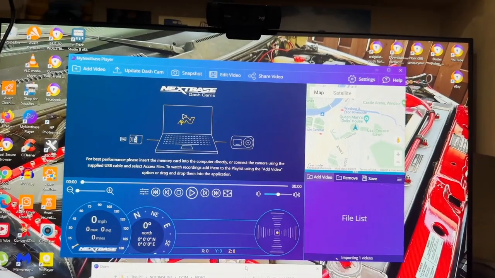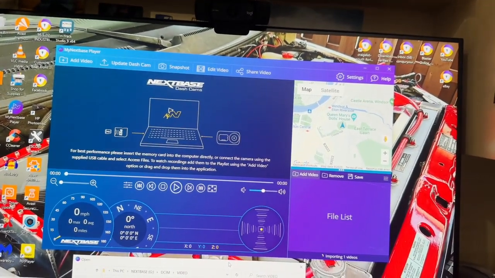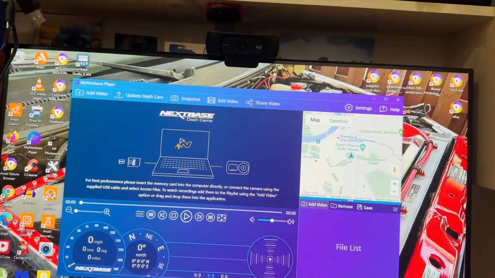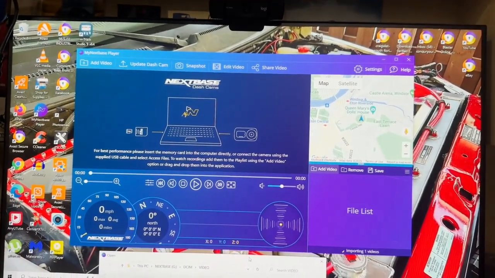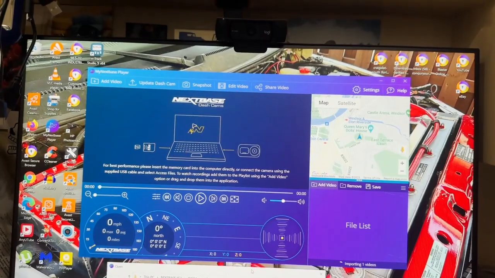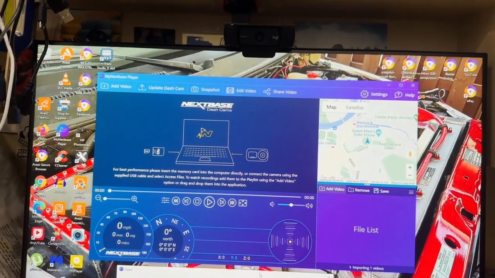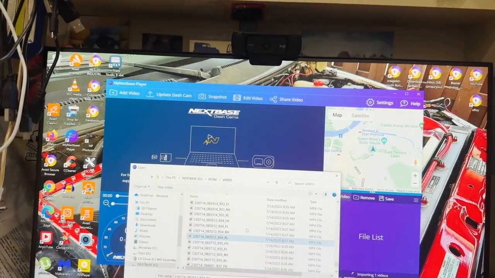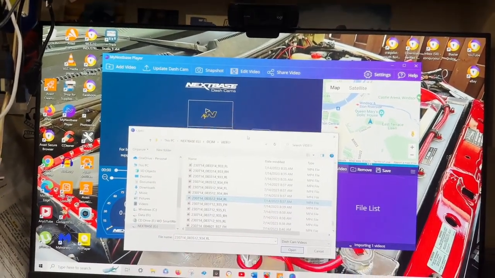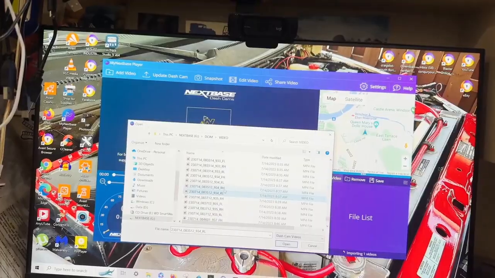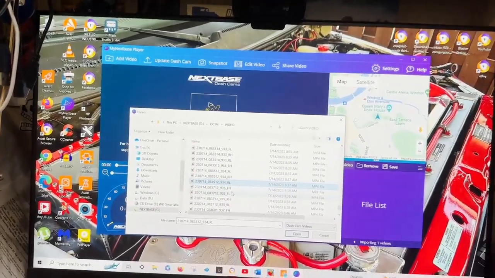Well, I was happy with my Nextbase DVR player for my car until I had an accident and I wanted to look back at the accident to see if I was at fault. And what's crazy is the accident happened on